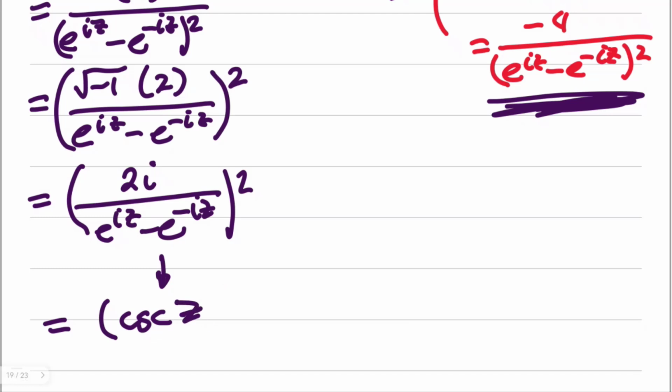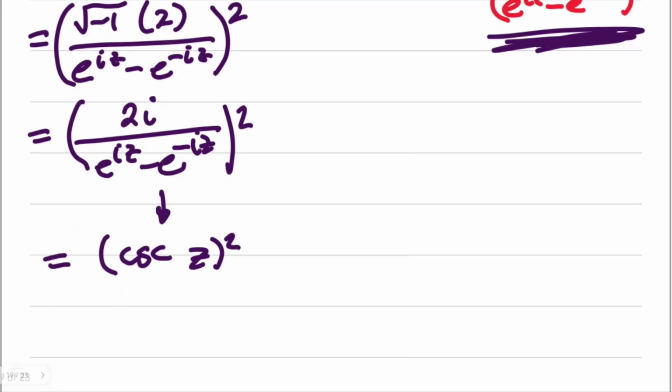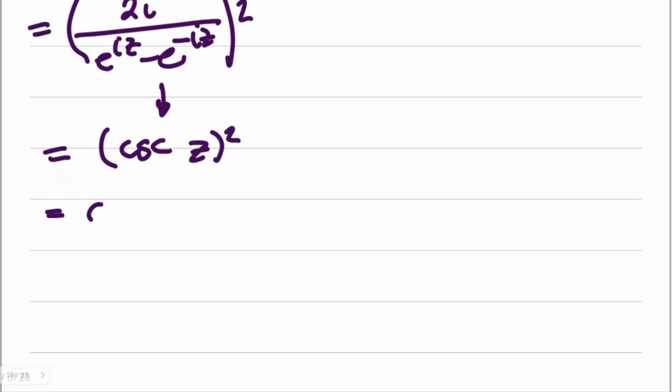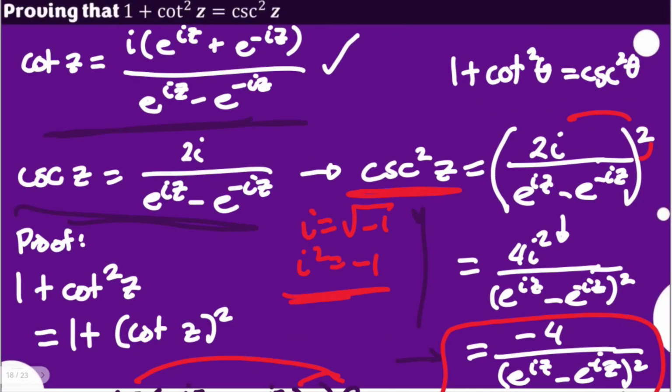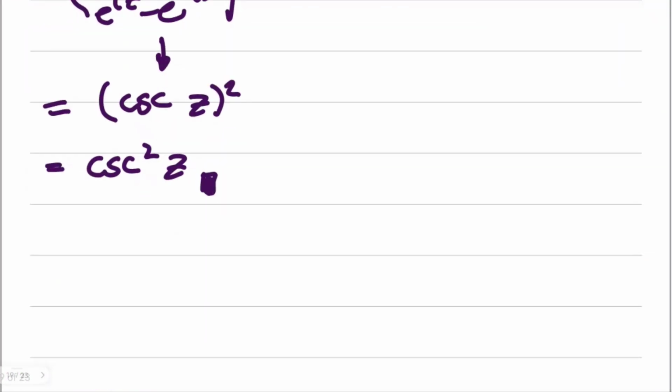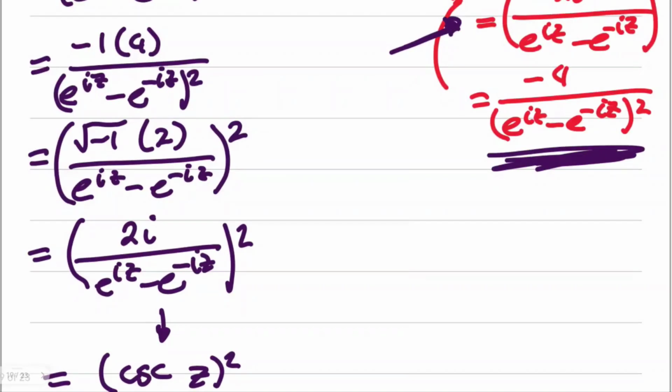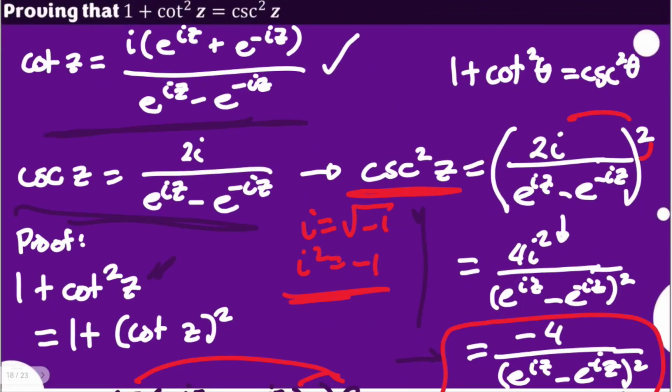Again, let me do it. Right, z, which gives us the form of cosecant squared z. We have now shown that this identity is true, starting with 1 plus cotangent squared z, using these specific identities and processes that yielded this result here. This shows that this Pythagorean identity for complex numbers dealing with trigonometric functions is true. Thank you very much for watching.